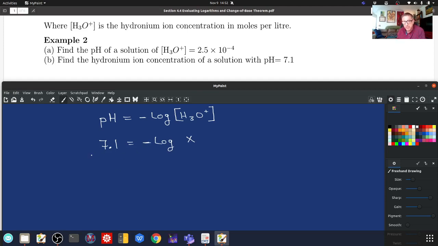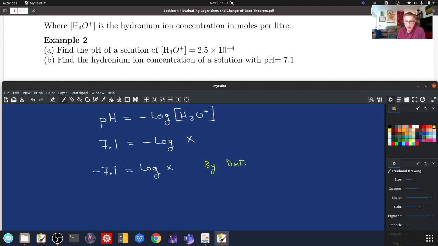I'm going to multiply both sides by negative. So minus 7.1, I want the negative on the left-hand side, is equal to log to the base 10 of x. So this is the easiest of the log problems to solve, because that means, by definition,